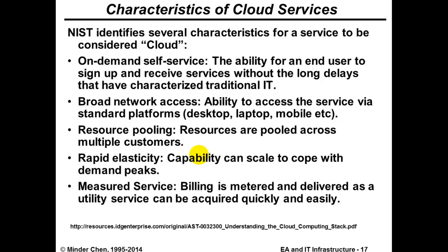So they identify several characteristics based on that definition. First has to be on-demand self-service, which we mentioned. Network access, broadband network access. You do need the bandwidth if you use cloud services. Resource pooling, resource sharing. Put resources together so multiple customers can share it. So we don't charge individual clients that much because they're sharing the resources and they have different demand curves which even out each other. That's kind of a perfect situation.